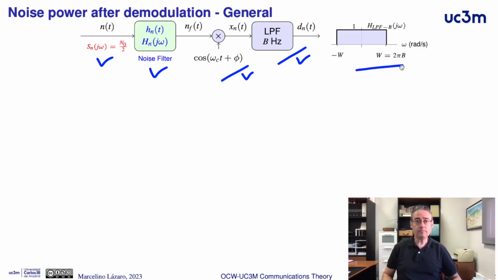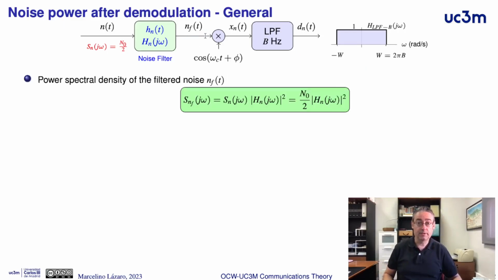Now we will analyze the power spectral density of the filtered noise NF. At the output of the filter, the power spectral density is the power spectral density at the input, N0 halves, times the square modulus of the frequency response of the noise filter. Then we have the product with the cosine, and we will analyze the power spectral density of the noise term